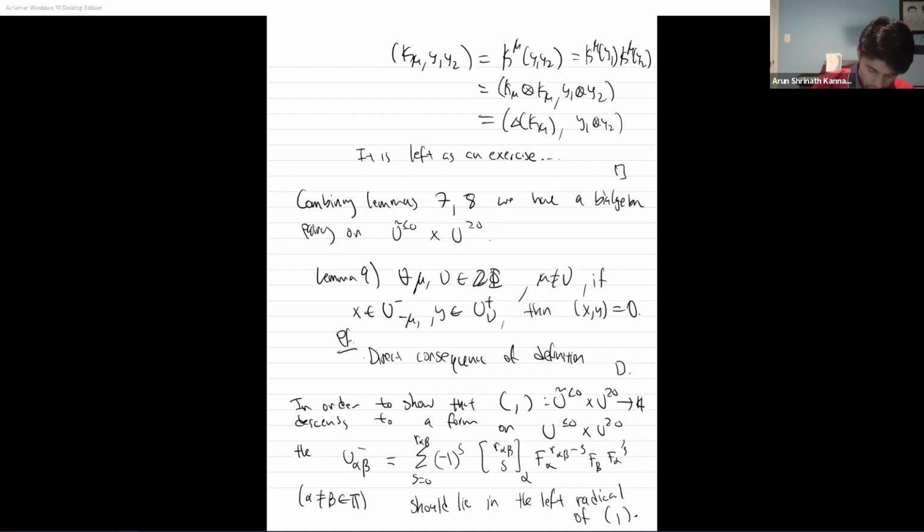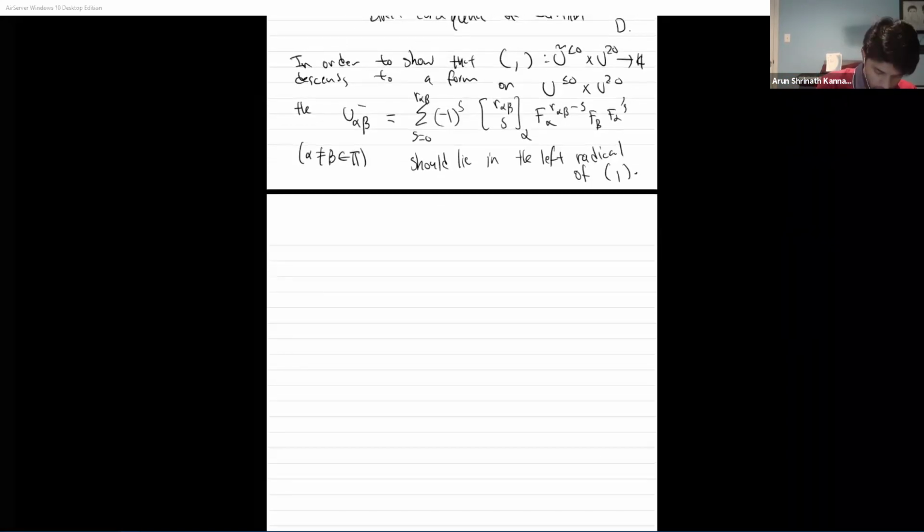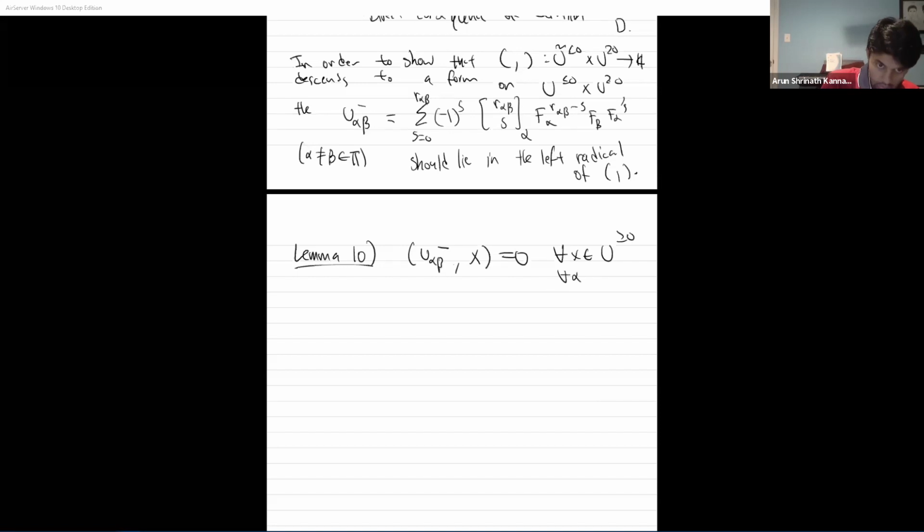Okay, and so indeed we have the following lemma. And I think we'll end with this lemma 10. U alpha beta minus x is equal to 0 for all x in... Okay, so the proof is, we're going to appeal to lemma 9. By lemma 9, we need only look at the pairing restricted to...